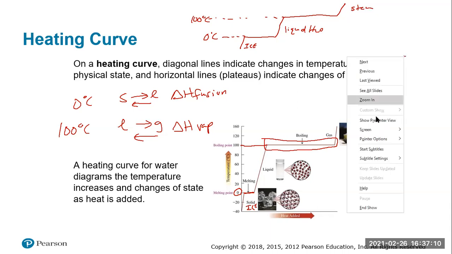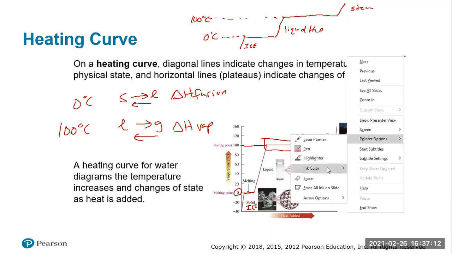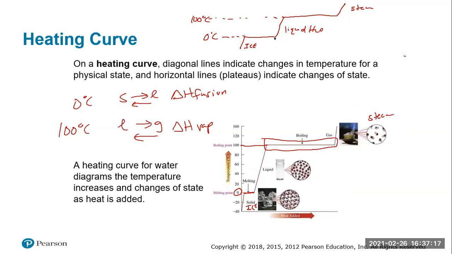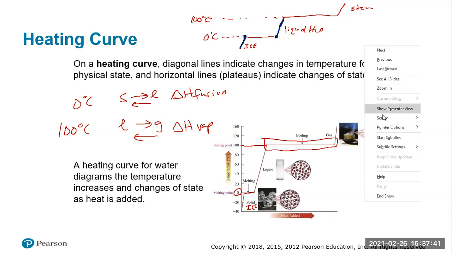Again, as I mentioned before, it is not until you get a little bit above the melting point or the boiling point that you do get liquid or gas. So for example, if we're right here at 0 degrees, it's not until we get below 0 degrees that we truly have ice. If we're right here at 0 degrees, it's not until we get a little bit above 0 degrees that we actually have liquid water. Same thing when we get to 100 degrees.